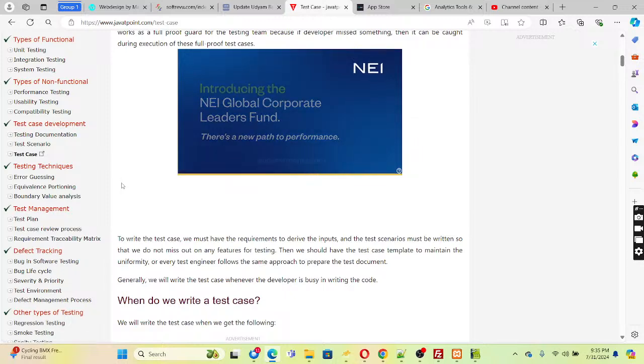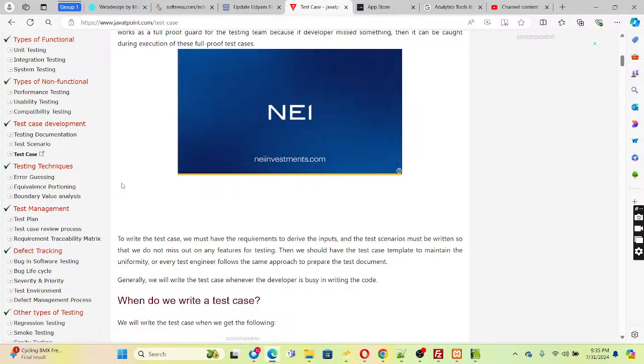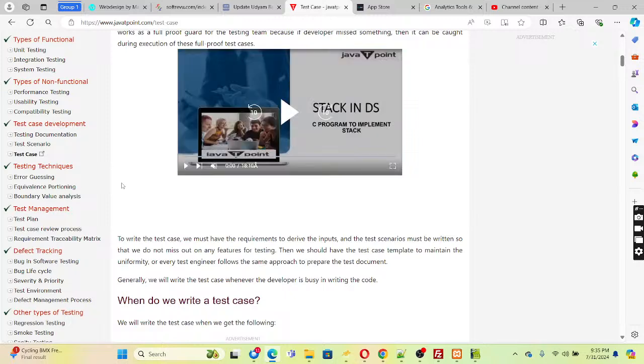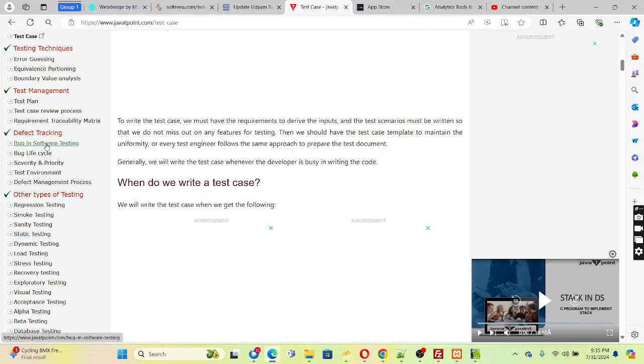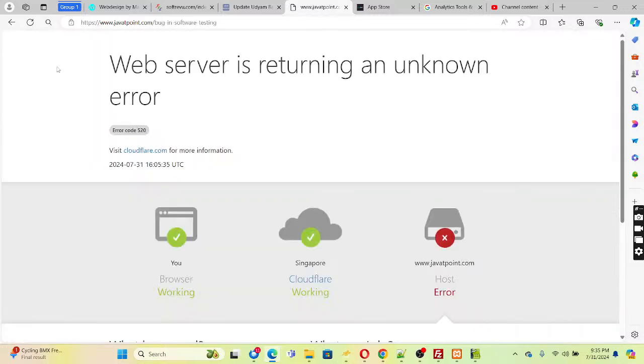So test case development we have seen, okay. Let us go into these techniques. We already discussed boundary value analysis, equivalence partitioning, and error guessing earlier. And test plan, test case review process, requirements traceability, we also discussed that briefly. So let us actually discuss defect tracking. How do we actually do that? And we will conclude